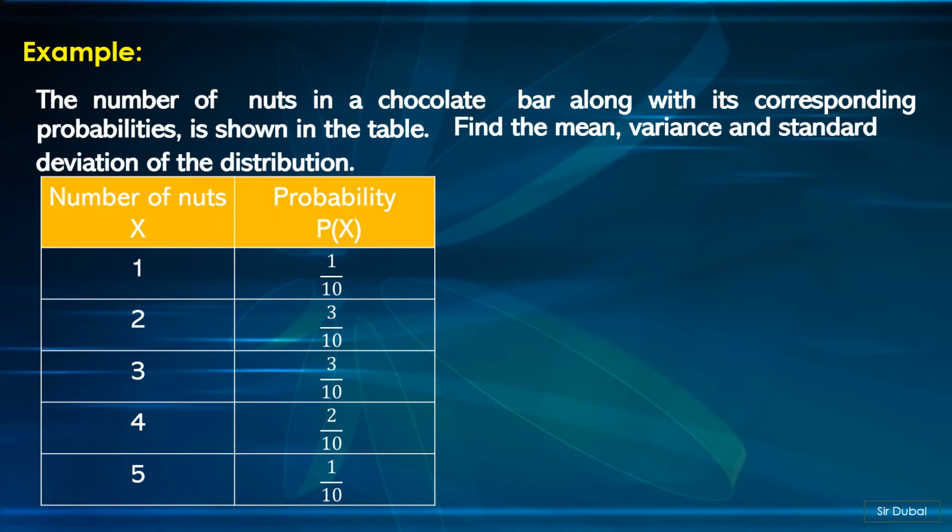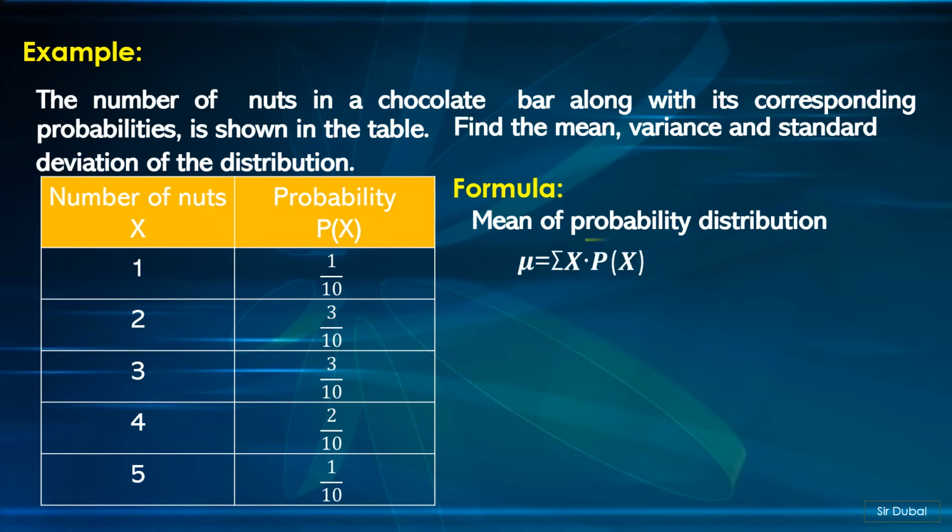But before we can solve the example, we need to know first the formula of the mean, variance, and standard deviation of the distribution. For the formula of the mean of a probability distribution, we have mu is equal to the summation of x times p of x. The formula means that we will add up all the answers that we have after multiplying all the random variables